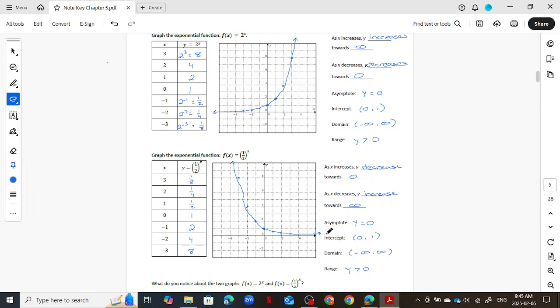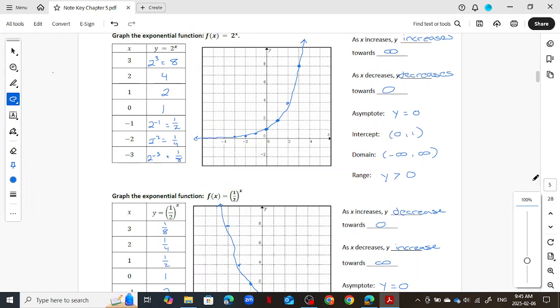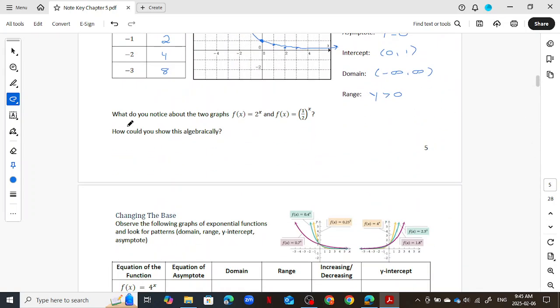What else do you notice about these two graphs? Think about transformations. If you looked at these on the same grid, this graph compared to this graph, what could you say about them from a transformation point of view? So you've got stretching, shrinking, reflecting, left, right, up, down. If you thought about how you compare these two, which of those words would you use? Well, hopefully you noticed that they are reflections of each other over the y-axis. So what do you notice about the graphs? They are reflections